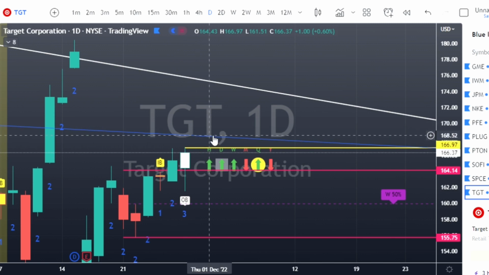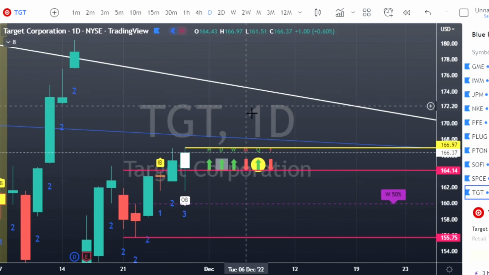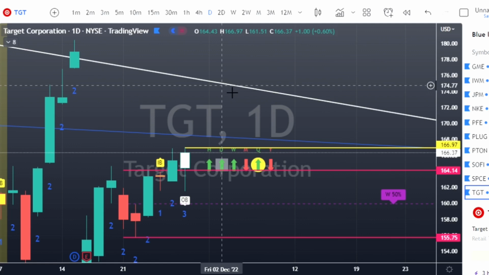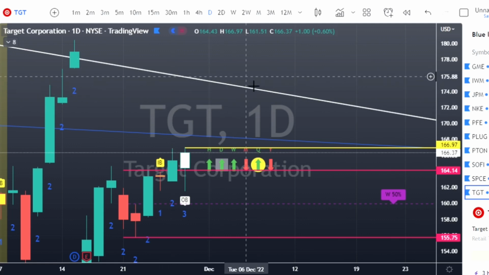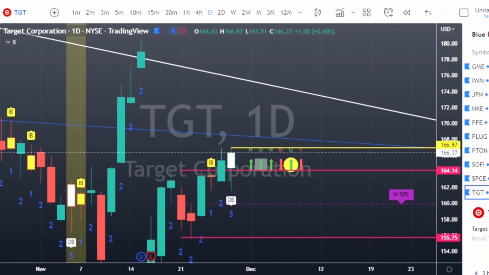Yes, it's an outside bar, so we are going to look for a 2-3-2 continuation off a target and come back to the top, really tag this resistance here of the broadening formation. So we're going to look for a continuation on target. Calls at 166.97, and